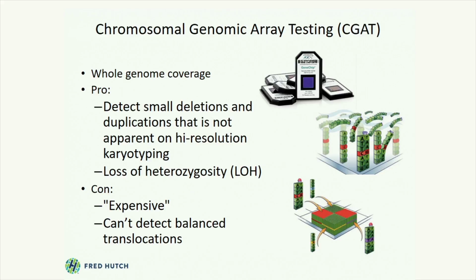And so with this testing, we were able to look at the whole genome. The pros is that we can now detect small deletions and duplications that we could not see by karyotyping. We were able to detect loss of heterozygosity. The cons were it was relatively an expensive technique, and we could not detect balanced translocations, but we had that